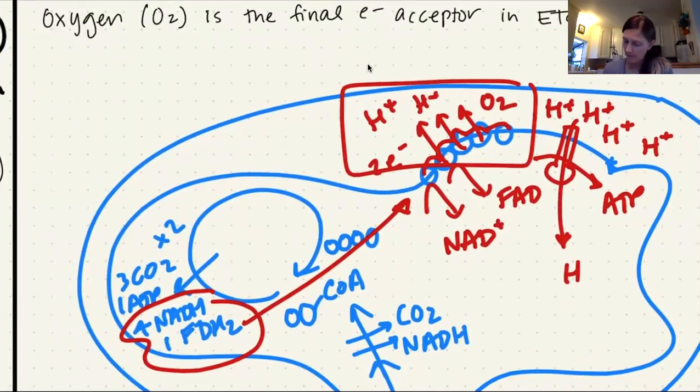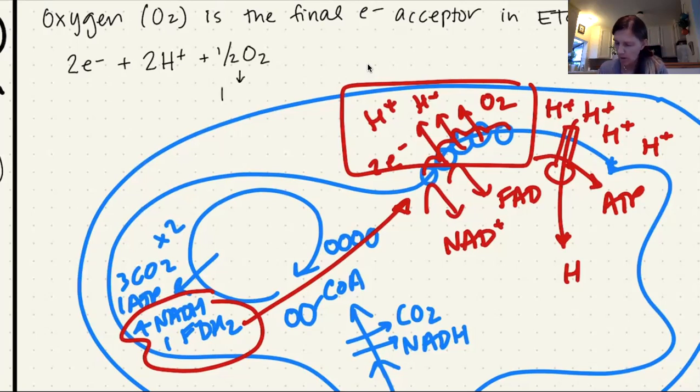So what we have are 2 electrons coming out of the ETC, right? Those are going to join with 2 protons that are building up in the intermembrane space. And they are going to go with half of an oxygen. And when I mean half of an oxygen, remember oxygen is diatomic, right? So there's 2 of them. So half an oxygen just means 1 oxygen atom, right? If we have 2 protons, we're dealing with 2 H atoms,